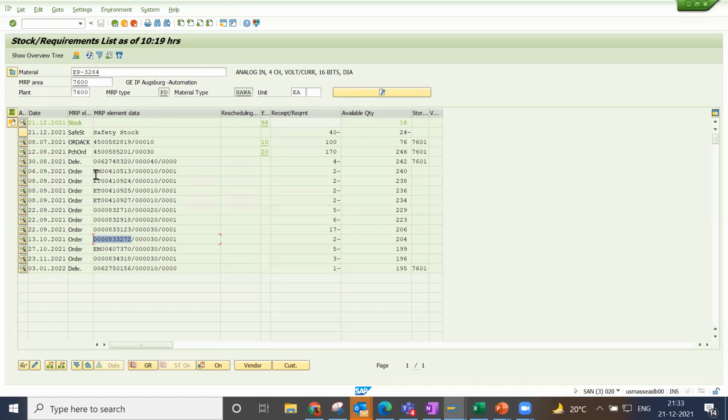This is a sale order number, and this is the line item. If you see here, the sale order number 513 has the quantity placed as 2, and similarly the total quantity is subtracted by the receipt quantity here. So when the sale order is created, the system updates the stocks with reference to the sale order number directly in MD04. You can see the change in the MD04 screen. You can see the storage location as well as the plant. I hope you guys are aware of the MD04 screen.